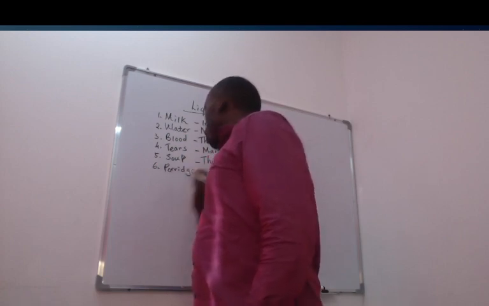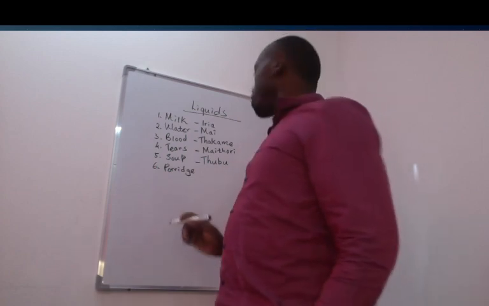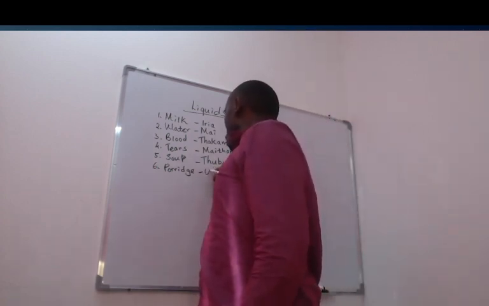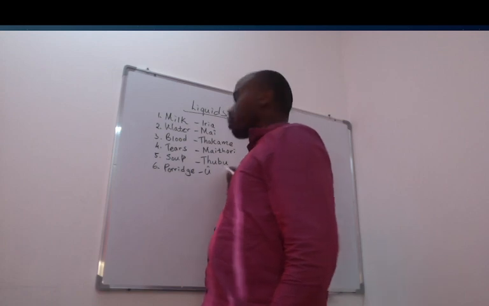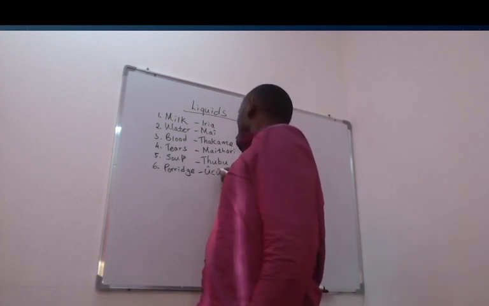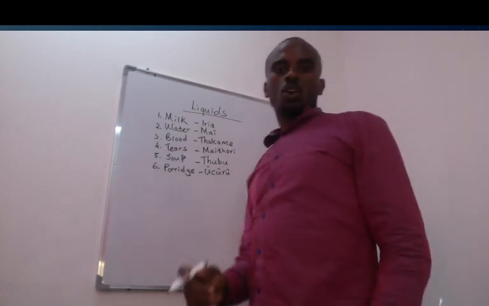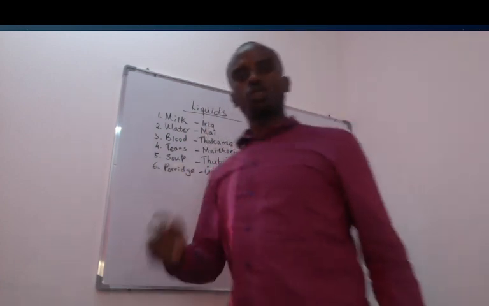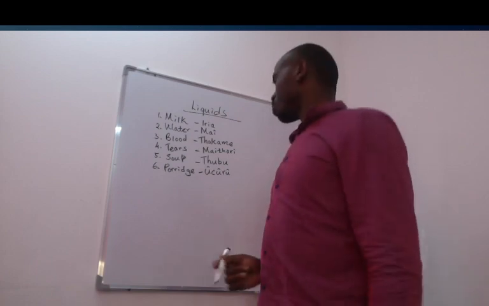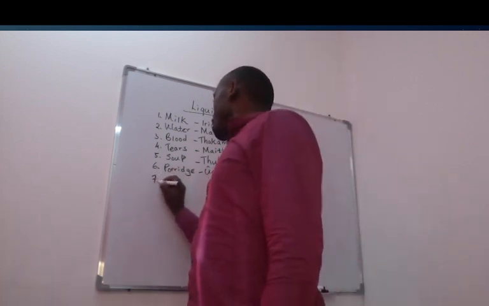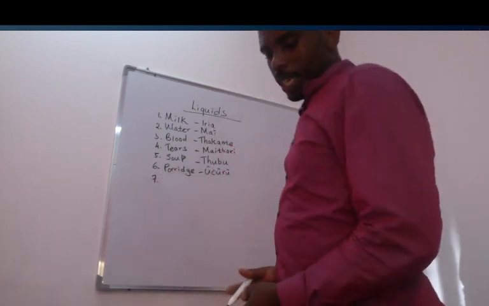porridge. Porridge in Kikuyu is oshoro. Oshoro. Good. Our liquid number seven is